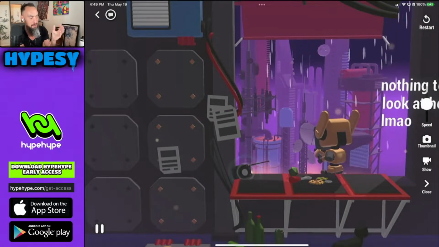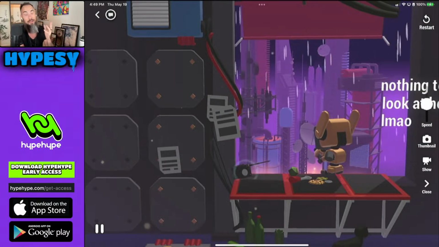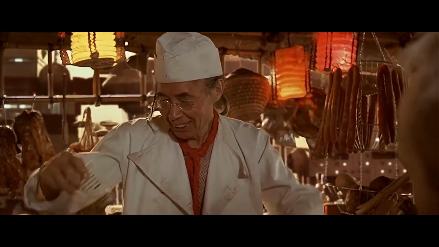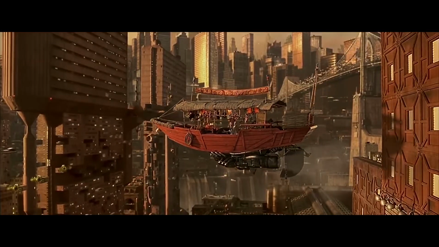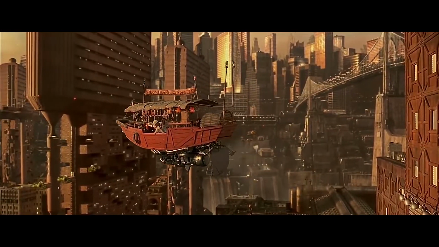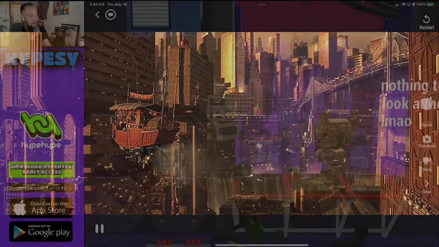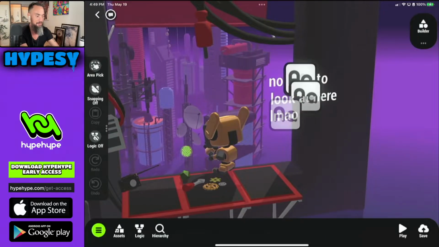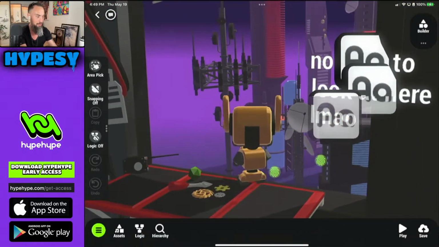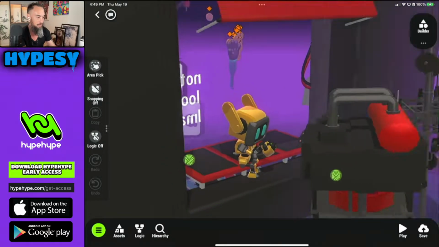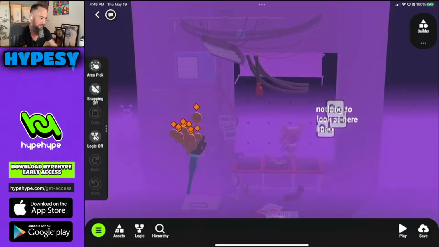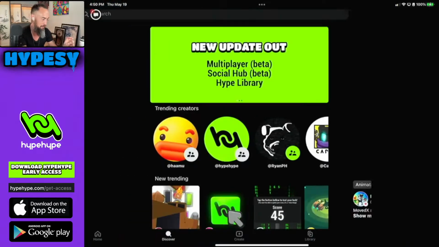So I saw this animation and I thought this was cool. I was like, oh man, this is just super cool. This makes me think of the movie Fifth Element, when Bruce Willis is at his house and he's eating ramen or sushi. Yeah, you get to see the world behind. I saw this and I was like, this looks amazing, but I don't remember any of this. And I think this is some of the sci-fi assets that are brand new, and it's put and created in such a way that it looks like there's a whole world behind there. And I thought the person that did this is super creative.